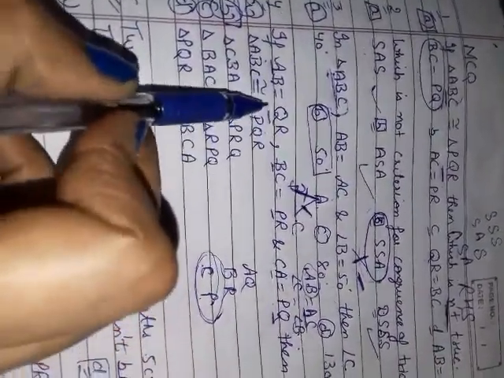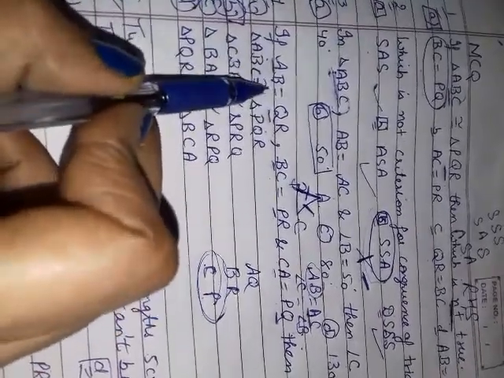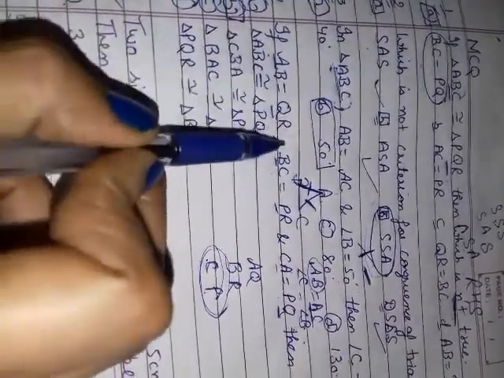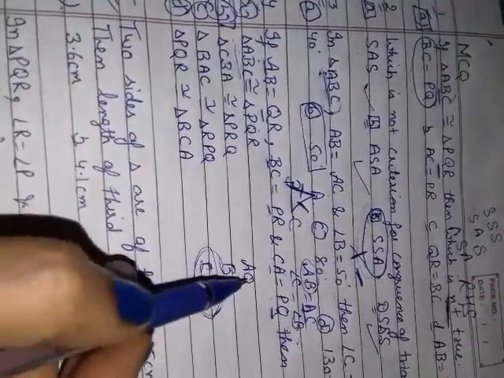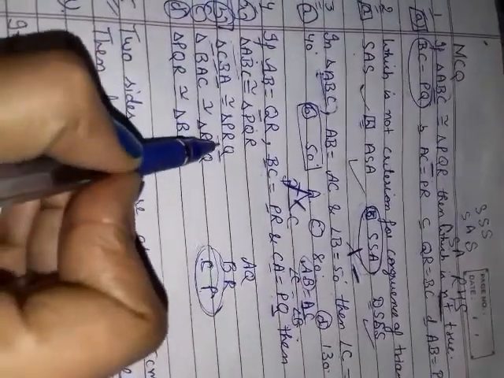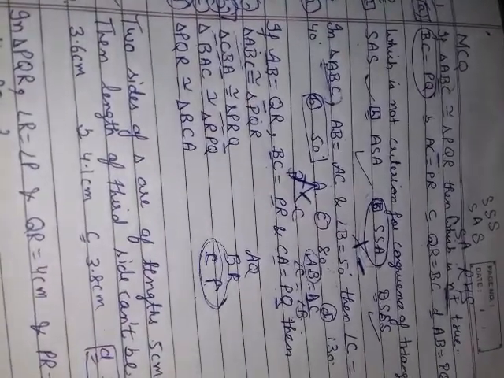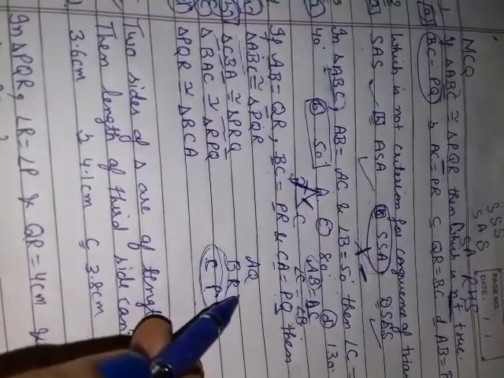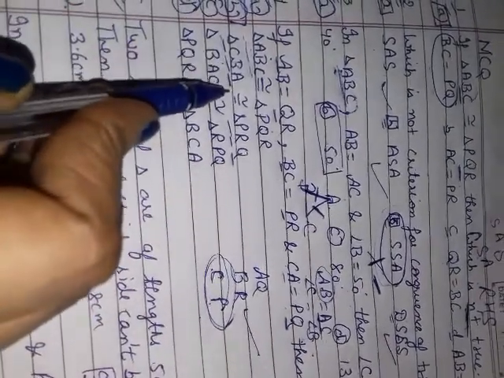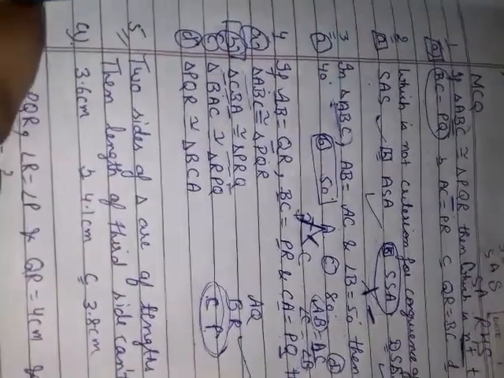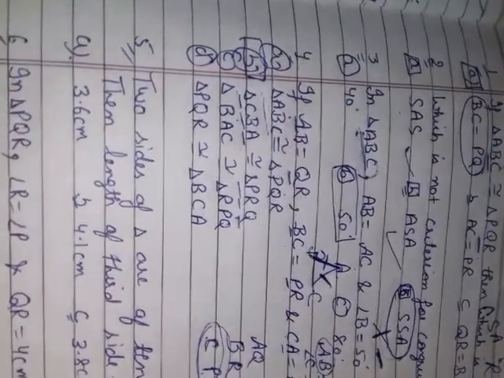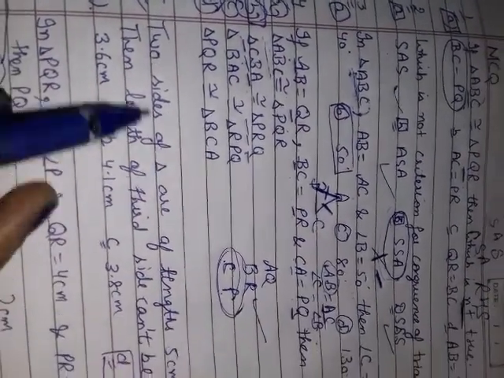From the first two you got AB is equal to QR. So A is Q, B is R, then C is left, that you will take with P. So A, B, C corresponds to Q, R, P. On the place of A you want Q. So only in the second one it is fine. By observation you will see which triangle can be there, but it must be in the same place.